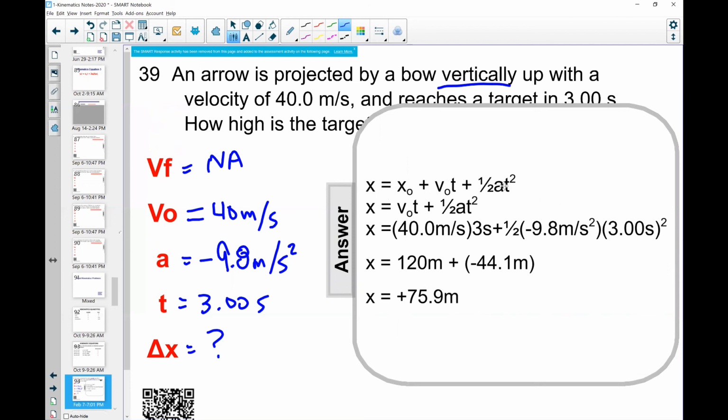Notice that they've put it like College Board does with the X final and X initial, as opposed to the delta X like I prefer, but the X initial would just be 0. Before it starts moving, its position would just be the 0 mark for simplicity. And we know the initial velocity and the time, 40 meters per second and 3. We know the acceleration is due to gravity, and we know the time is 3 seconds, and it would have to be squared in this 1/2 a t squared part. So we know everything that we need to know to fill in the right side of the equation, and we can figure out the displacement would be positive 75.9 meters. It's 75.9 meters up is where the target must be according to what they've given us.